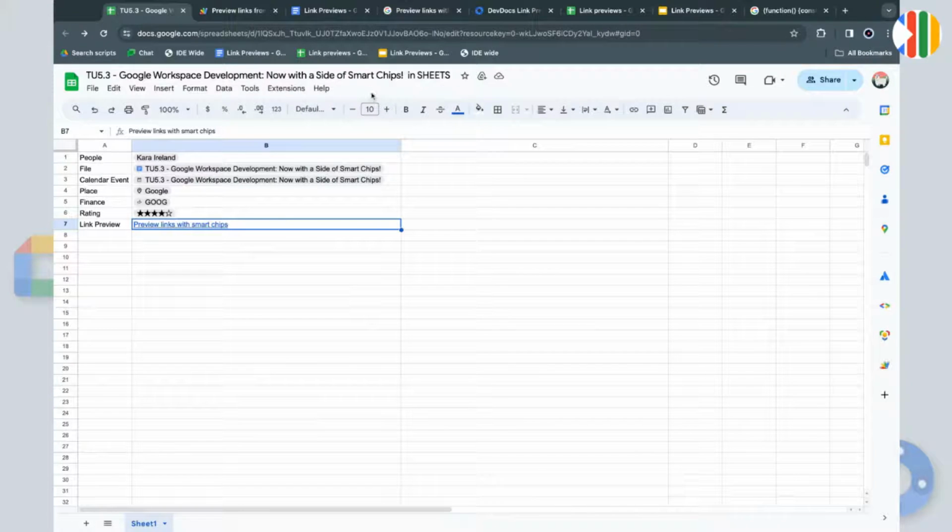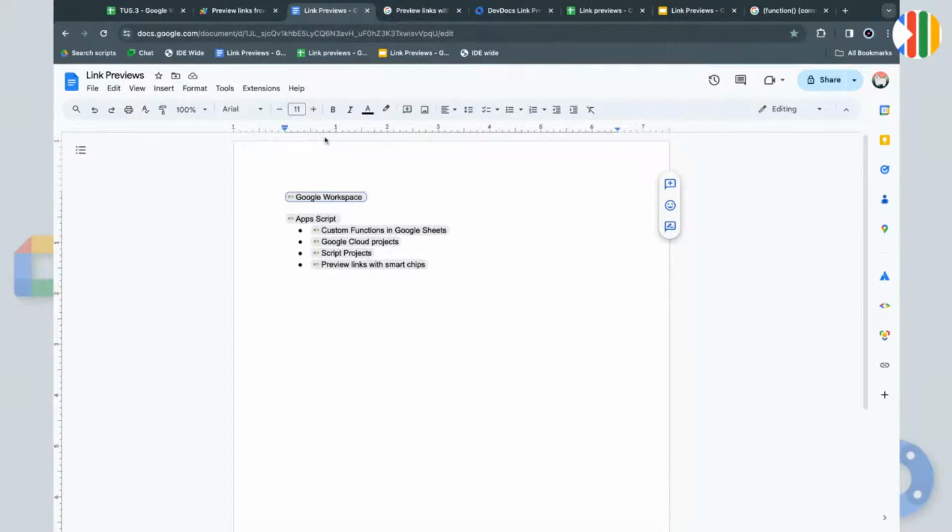I love it. This is so cool, Kara. Oh, thanks. Yeah, and I'll just do a quick example in Docs as well, so you can see the chip